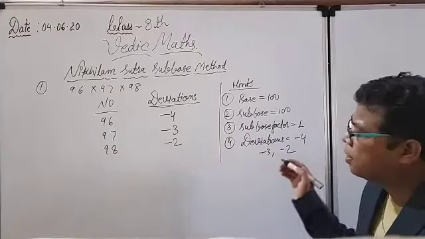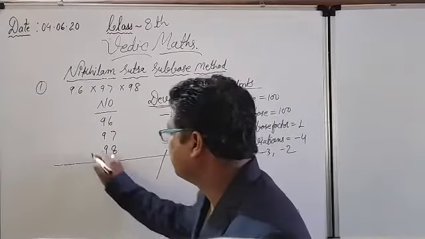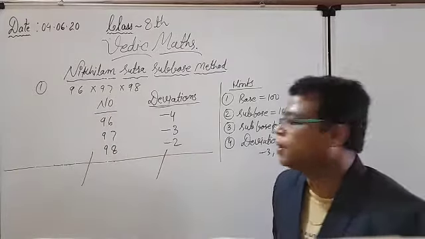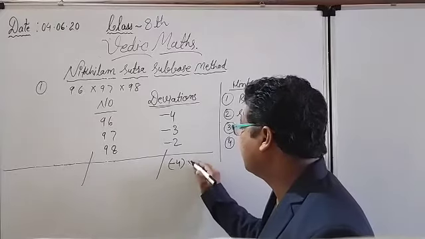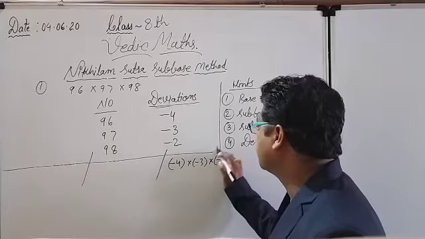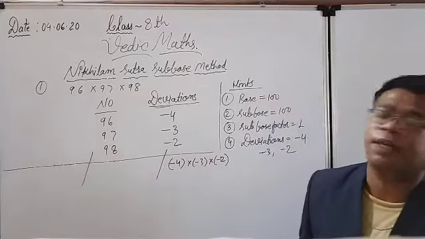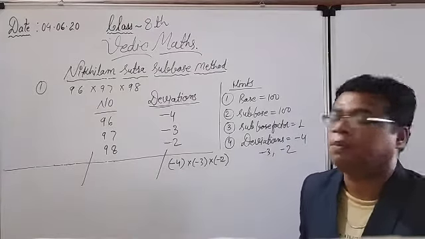See one by one. Right now see the things. Be very much careful here. The answer will come in 3 parts, that I have already explained. Right now see what we have to do in the first part. We have to multiply all the deviations. Whether you put the multiplication sign or not does not make much difference, because the bracket itself shows the multiplication.